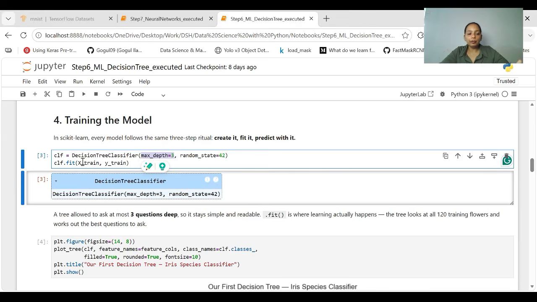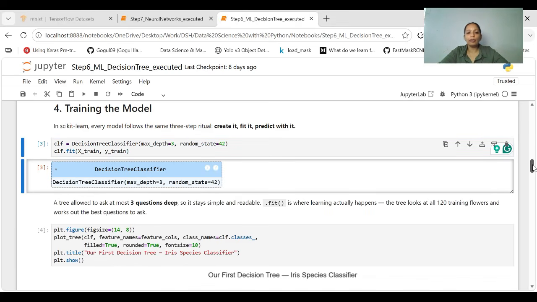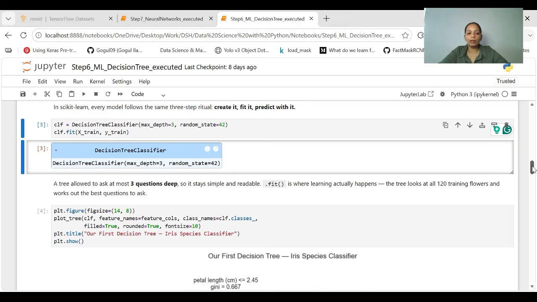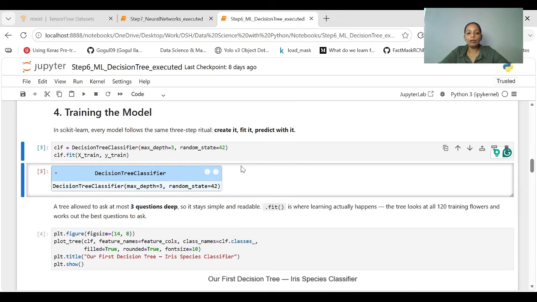And in fit is where learning actually happens. The tree looks at all 120 training flowers and works out the best question to ask. You can change the maximum depth as per your requirement, and by various trial runs we came to this parameter, 3. It is a small data set, so max depth 3 works here. So our model is trained here.